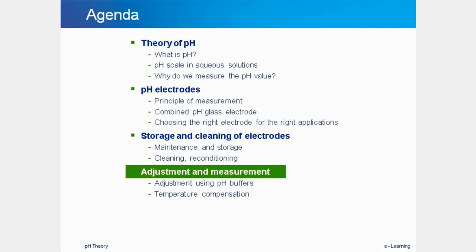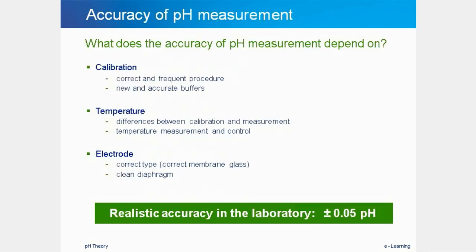Now that we have seen what the pH theory is, how the equipment technically works, and how it should be handled between and before use, we finally get to see how to actually perform a measurement and the required calibration to get a reliable result. The accuracy that can be reached with a pH electrode depends on how we measure with it and how the preceding calibration was performed. In general, we can say that the main influences on the measurement accuracy are calibration, temperature,